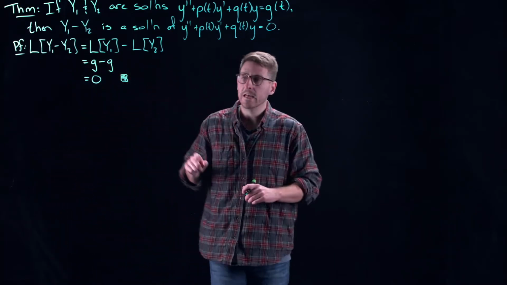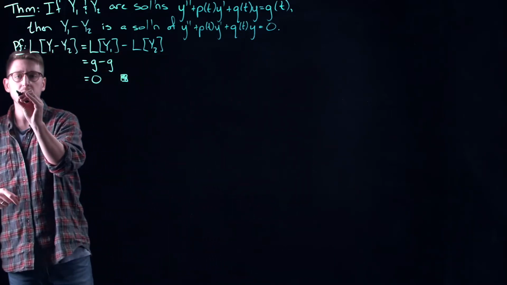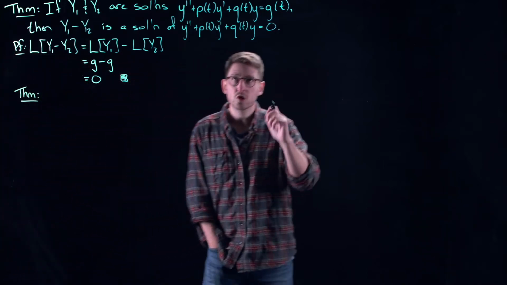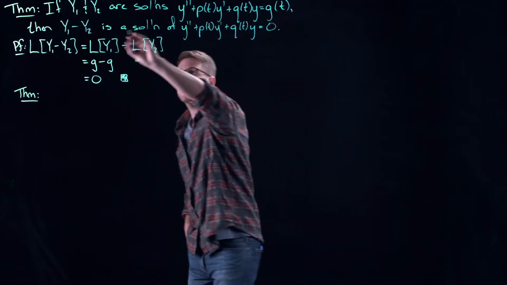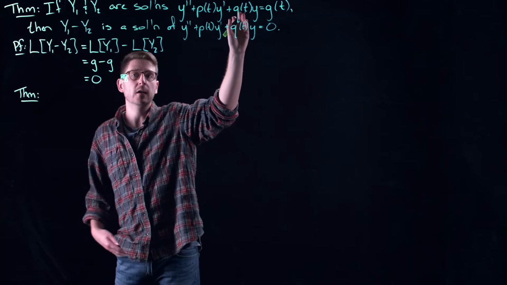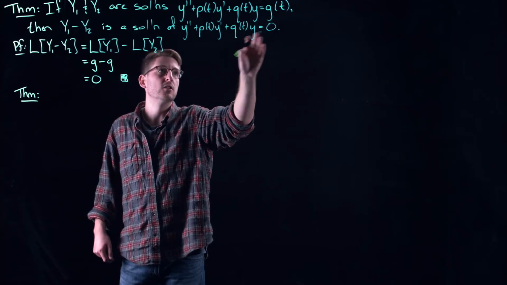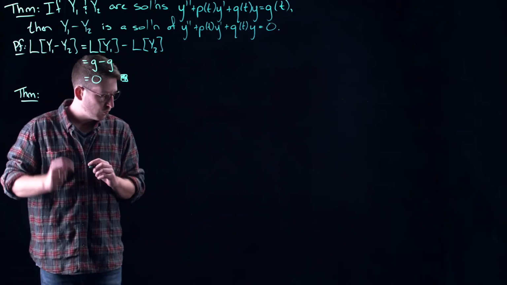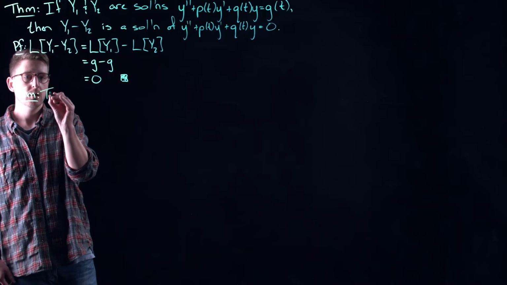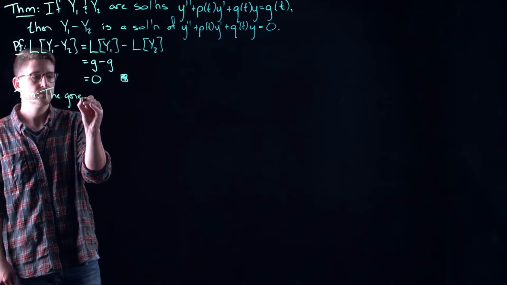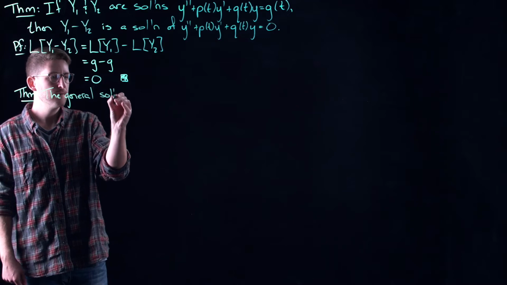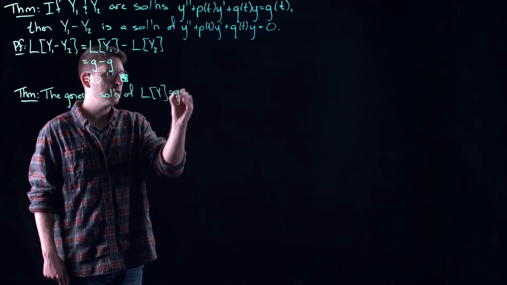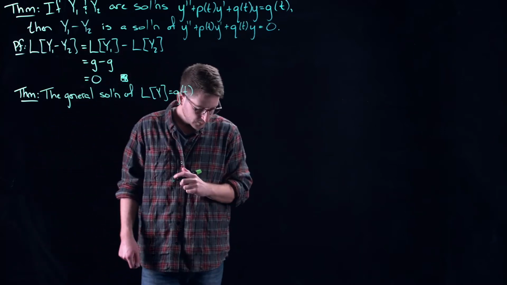Okay, so this sets the stage for the next theoretical result, the next theorem that we're going to look at here. And this one just builds on this right here. So again, the difference between any two solutions to an inhomogeneous or non-homogeneous equation is going to be a solution to the homogeneous equation. This theorem actually tells us exactly what those solutions look like. So the general solution of L of y equal to g of t, an inhomogeneous equation, can be written